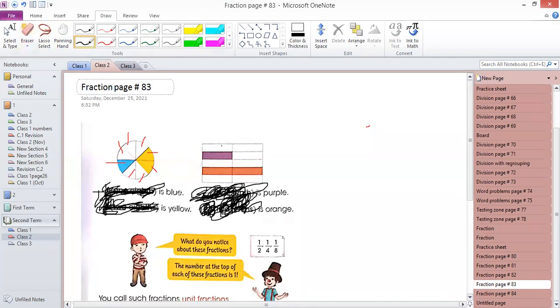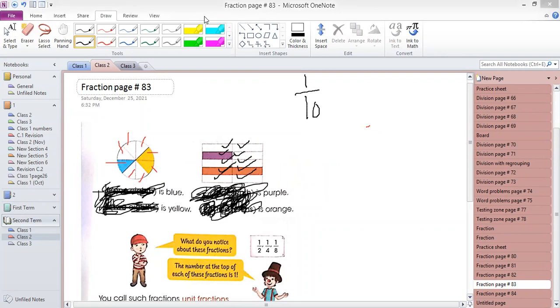Look, I will count for you. 1, 2, 3, 4, 5, 6, 7, 8, 9, and 10. There are 10 equal parts, so you will write 10 as the denominator. You want to write the fraction for purple, so the numerator is 1. So 1/10. Now you have to tell me how you will read it. I'm coming to you and I will ask you how you will read it.